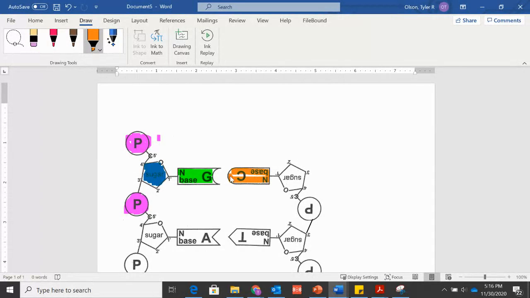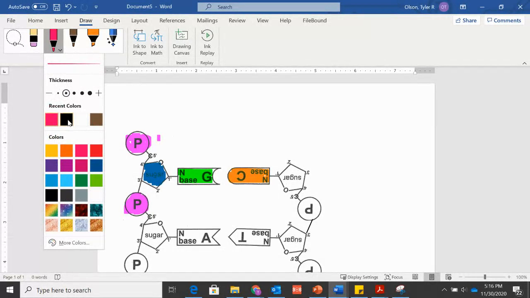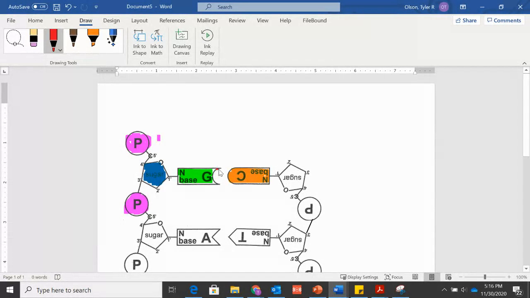The last thing you want to do is you need to show the bonds between the G and the C and the A and the T. And if you remember, I'm going to just do a line here. It's easier. If you remember, and I'll do red. G and C bond 3 times. 1, 2, and 3. A and T only bond twice. 1, 2. And then just make sure you know what these are. Make sure that you know that those are those hydrogen